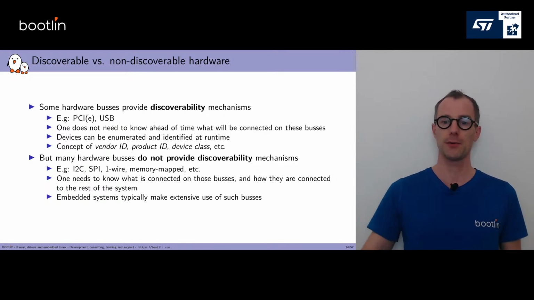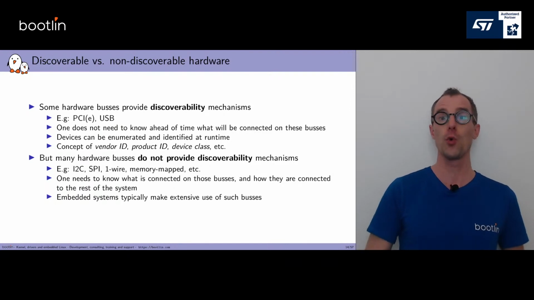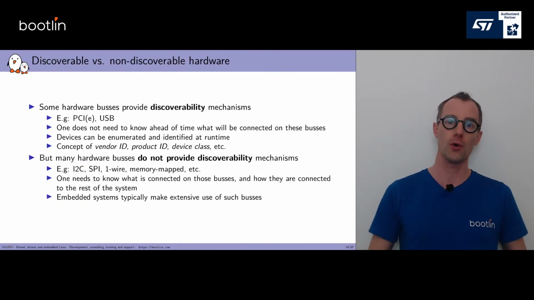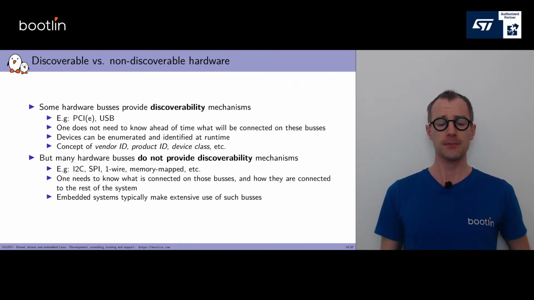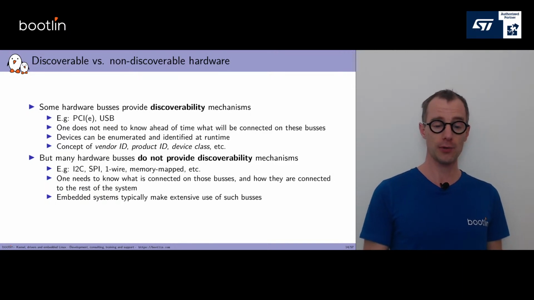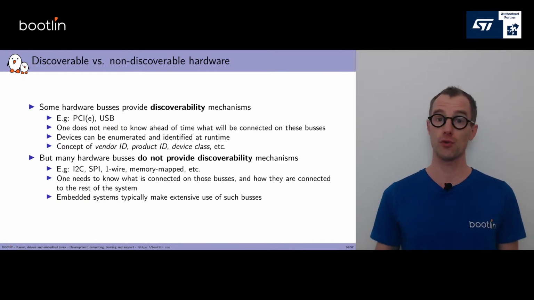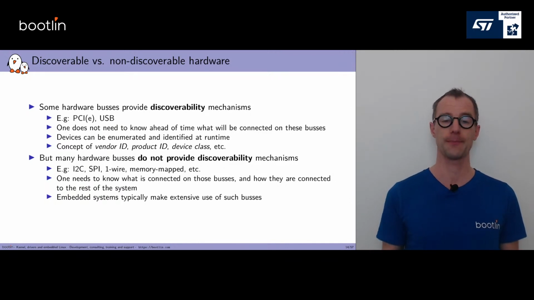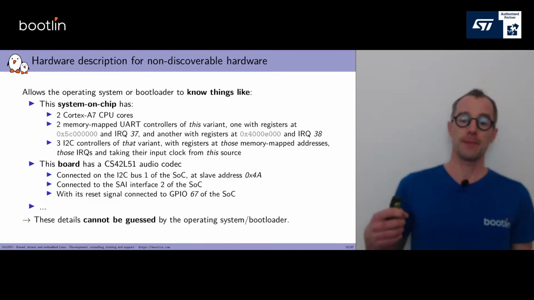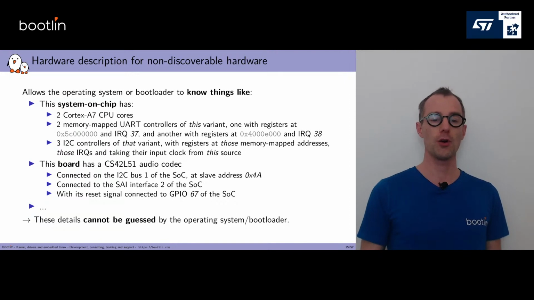If you have an I2C bus with 2-3 components connected to it, you cannot ask on the bus who is there and who you are. You have to know that by design and how those components are connected to the rest of the system. And it turns out embedded systems make extensive use of such buses that don't support dynamic enumeration. So the description of non-discoverable hardware is what will allow the operating system or bootloader to know things like, okay,